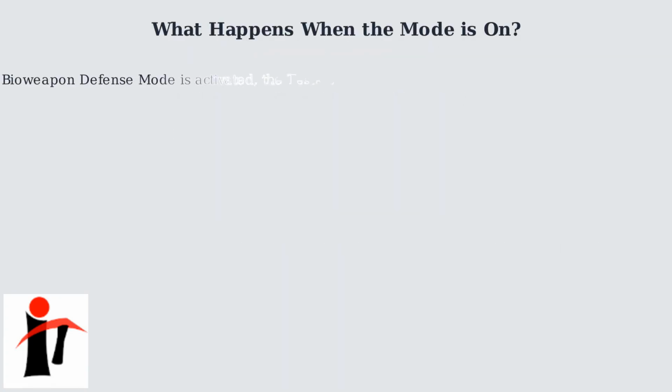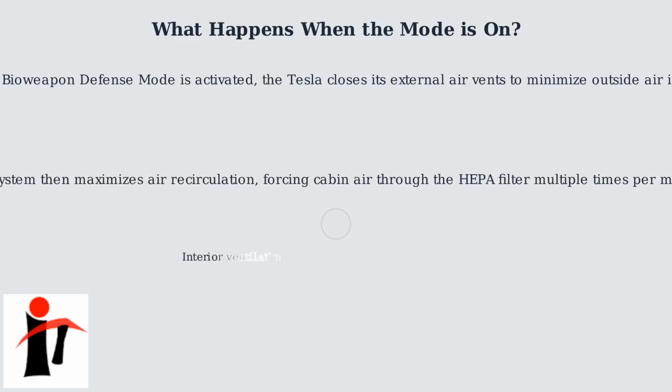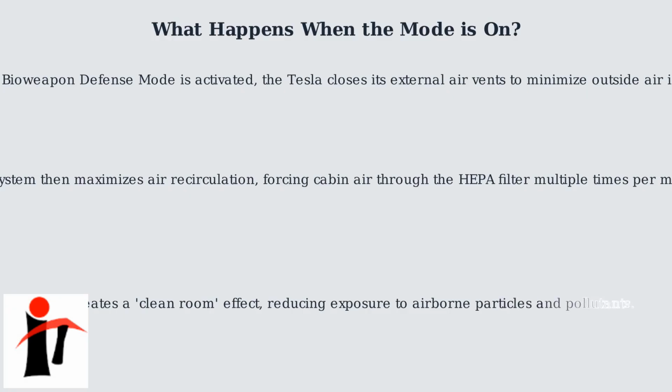When Bioweapon Defense Mode is activated, the Tesla closes its external air vents to minimize outside air intake. The system then maximizes air recirculation, forcing cabin air through the HEPA filter multiple times per minute. This creates a clean room effect, reducing exposure to airborne particles and pollutants by filtering out up to 99.97% of